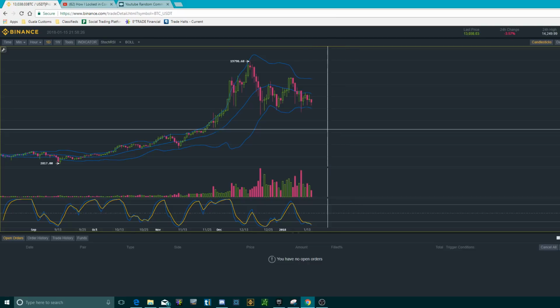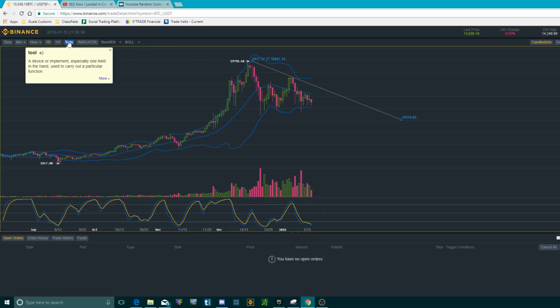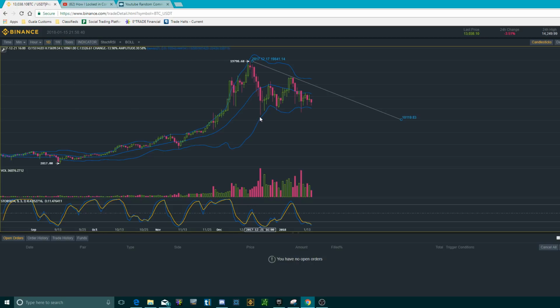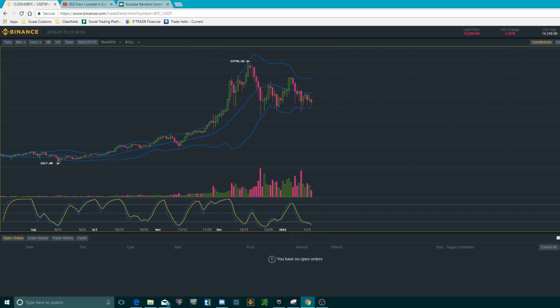I believe we could have a massive breakout if we do something like this, where it has a descending triangle, but usually descending triangles are bearish and indicate that it's going to continue down further. So that's kind of the pattern that it's in right now. I don't really see it going over 20,000 anytime soon, so I would seriously consider that you turn your attention away from Bitcoin